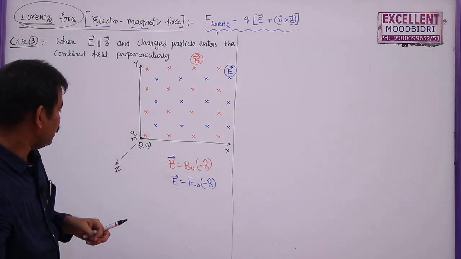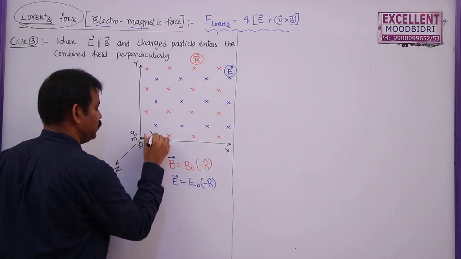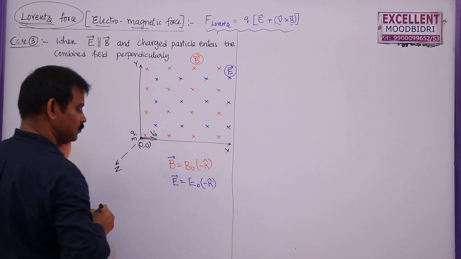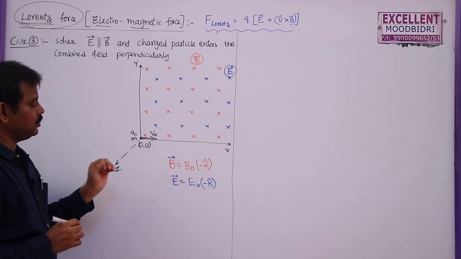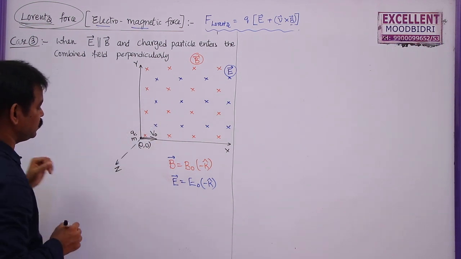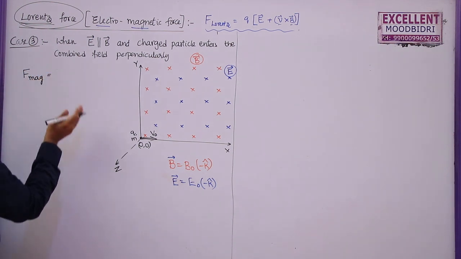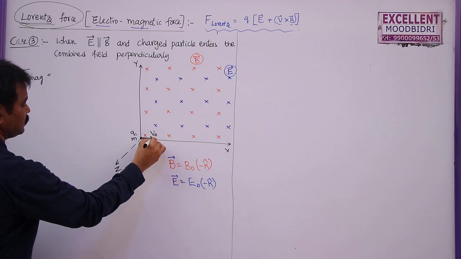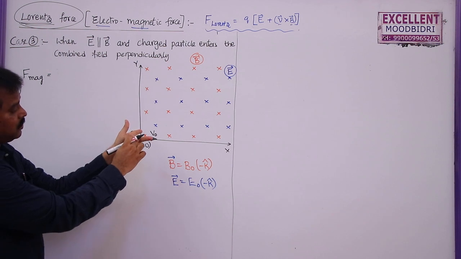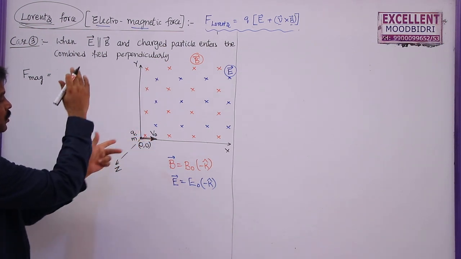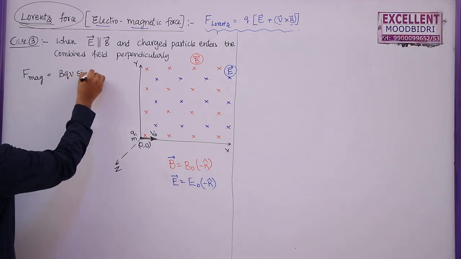Now a charged particle of charge q, mass m enters into this combined field with initial velocity v0 from the origin. So what is the direction of the electric force here? What is the magnitude of the magnetic force here? And what are the directions of these two forces? First, let me find out the magnetic force experienced by the charged particle when it enters into the magnetic field at a velocity v0 from origin. So here B is into this one, charge is entering like this, it will experience a force in the vertically upward direction. So this is given by BQV sin 90.